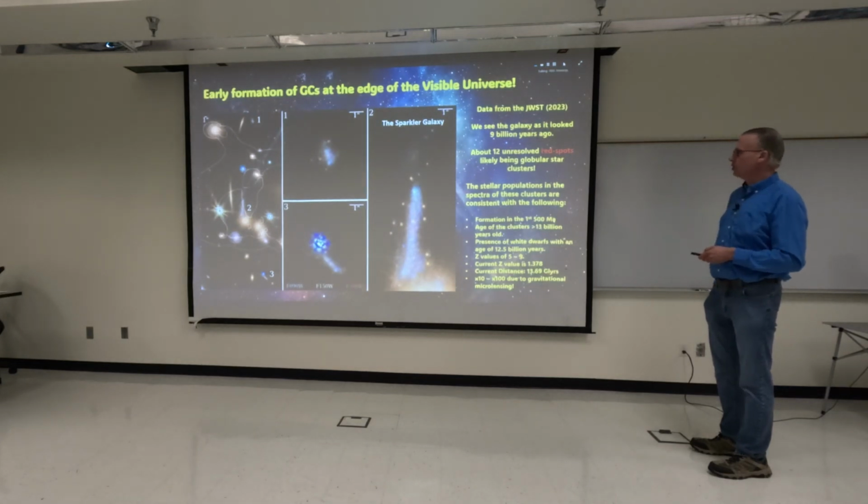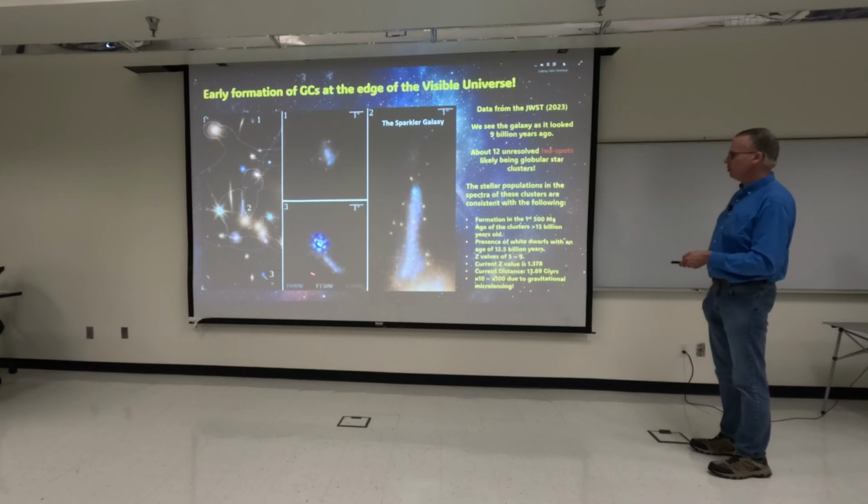Is anybody familiar with the Sparkle galaxy from the James Webb images? These three images here are actually the same galaxy, but as they get bent around these more massive elliptical galaxies, it tends to alter and warp the shape as we see here. So this is 1, 2, and 3. Gravitational microlensing can be funny because if you look at these red dots right here, and look at the spectra, they're the same object. So we're looking at the same galaxy.